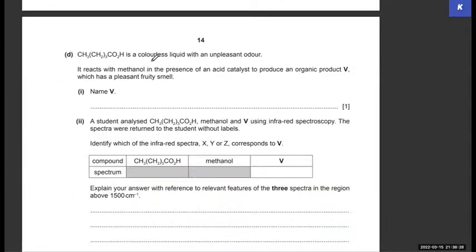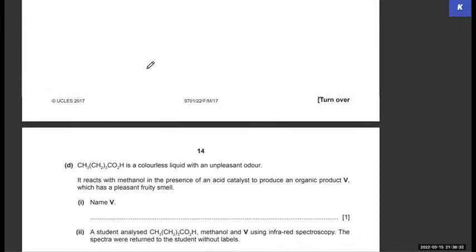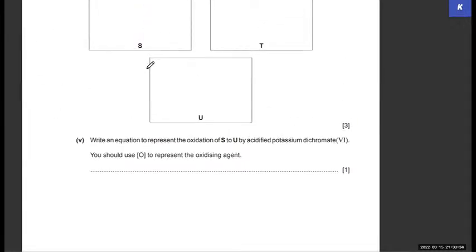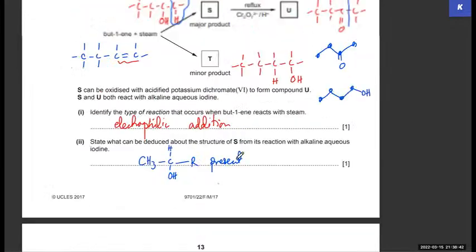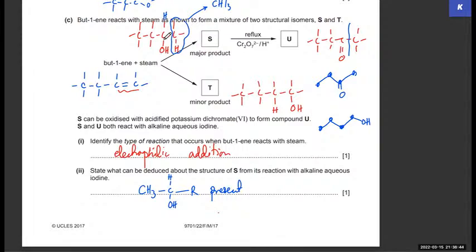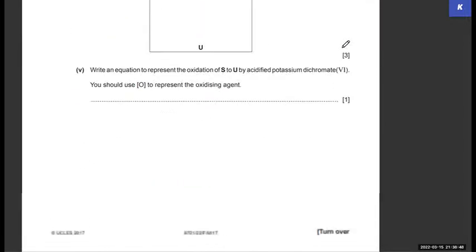अच्छा, अगला है कि it reacts with methanol. ये भी कुछ दिया हुआ उसने, ये भी कर लेते हैं. Write an equation to represent the oxidation of S to U. क्या था oxidation of S to U? Alcohol turns into ketone, secondary alcohol. तो secondary alcohol हमारे पास क्या था? तीसरे वाले पे ना वो OH लगा हुआ था. CH2 CHOH